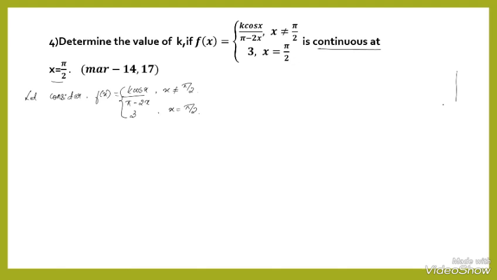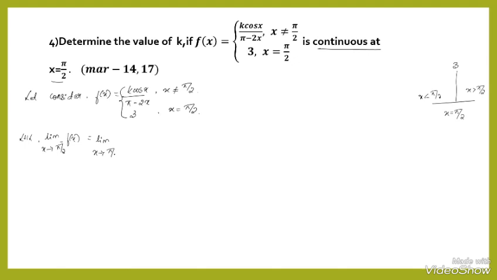Okay, now we define the left hand limit. Limit x tends to pi by 2 minus of f of x. Okay, here limit x tends to pi by 2 minus, what is the f of x? X not equal to pi by 2, that is k into cos x divided by pi minus 2x. Okay, again substitute the pi by 2 value in place of x, that is k into cos of pi by 2